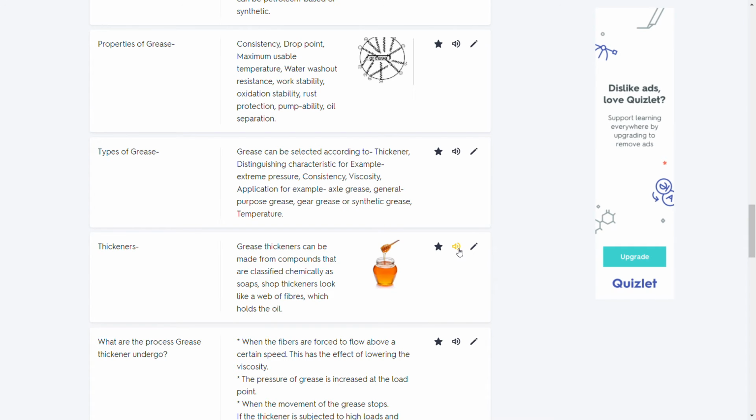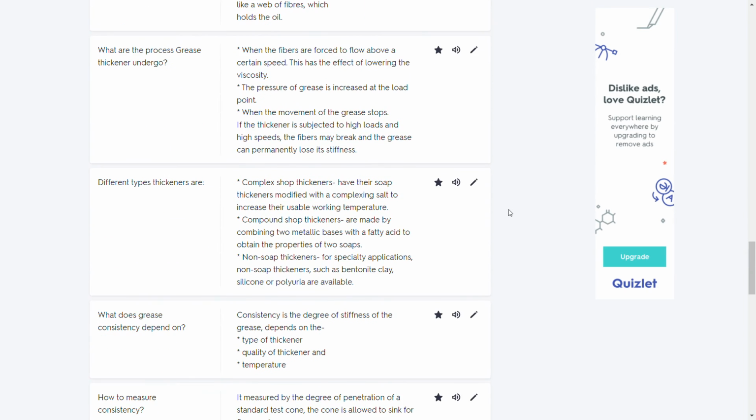Thickeners. Grease thickeners can be made from compounds that are classified chemically as soaps. Soap thickeners look like a web of fibers which holds the oil. What process do grease thickeners undergo? Different types of thickeners are: